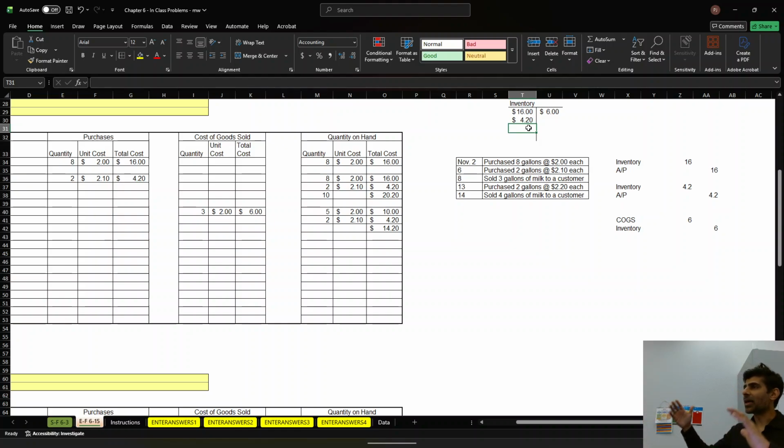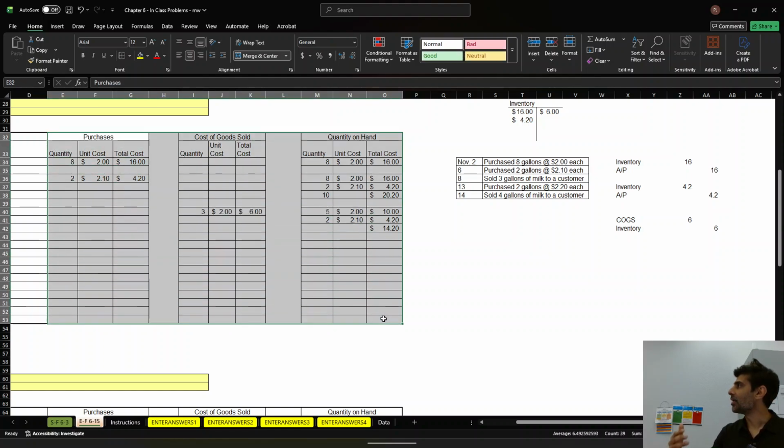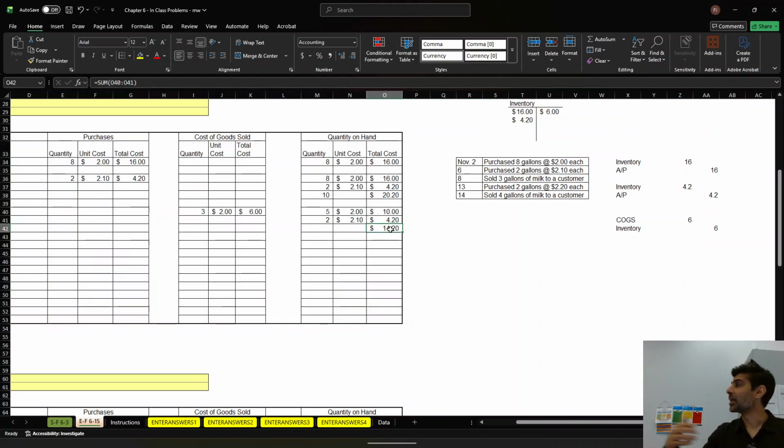So again, is everyone very clear on how this table should be connected to your inventory balance? It's going to be connected to cost of goods sold. Whatever is in that T account is going to be calculated here. This is like the details of what is going to go into your journal entries, and so they should align with each other. Especially your inventory balance. It's a running balance, so it should always be the same as what your T account is going to show. Okay,